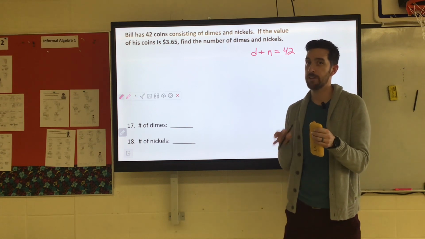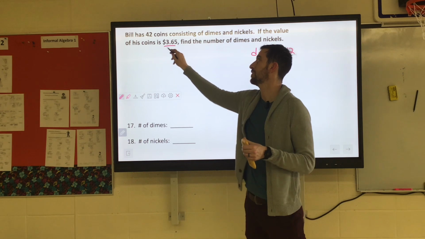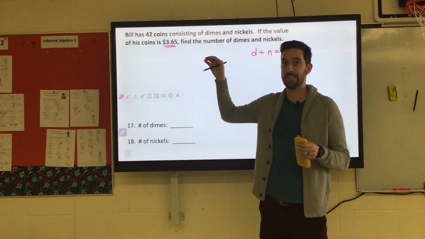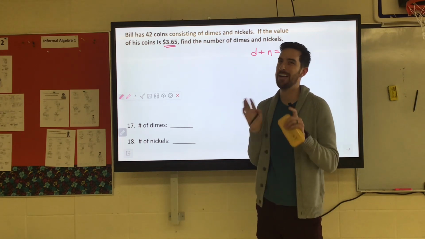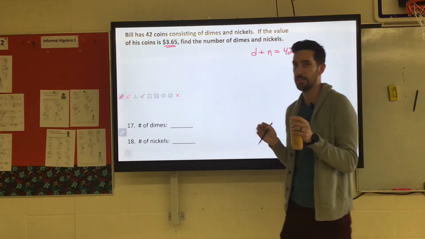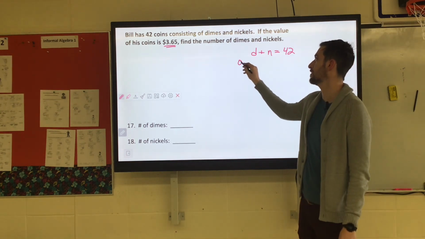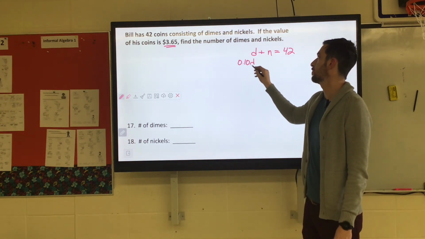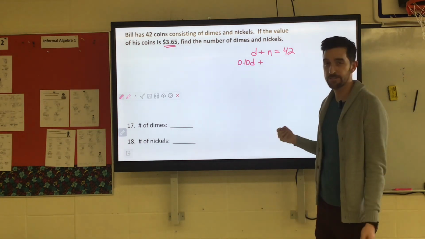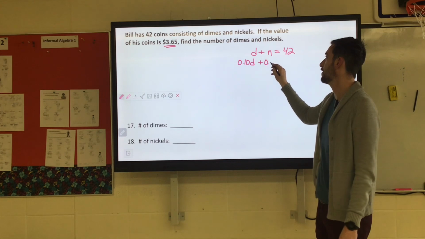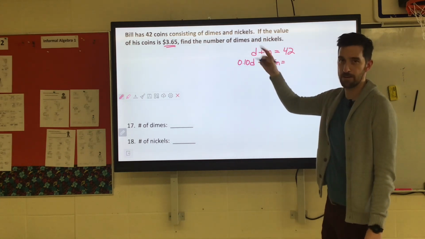The nickels, you'd make 5 times N, but the $3.65, we'd have to make that 365 cents. I think that's almost more confusing. So I'm going to put the decimal values on these. A dime is 10 cents, so 0.10 D, plus the nickels are 5 cents each, so 0.05 times the number of nickels. And the total amount of his coins was